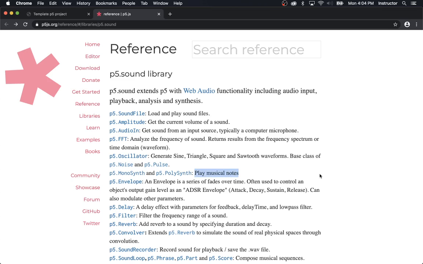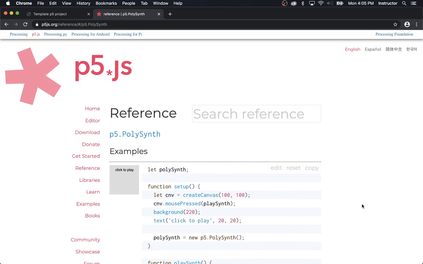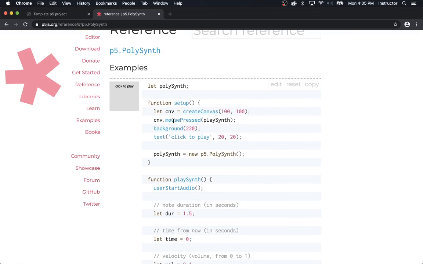This one's actually fairly straightforward conceptually. It's just like having a keyboard where you can play a note. So I don't want to get too deep into it. I just want to look at the basics of what we can do. So let's open up polysynth. And let's look at the example. Let's just click it and see what it does. Ooh, yeah. So it played several notes there. It was actually playing a chord, right, rather than a single note. It sounded quite lovely. And that's the kind of sound that we're going to be looking at generating with a